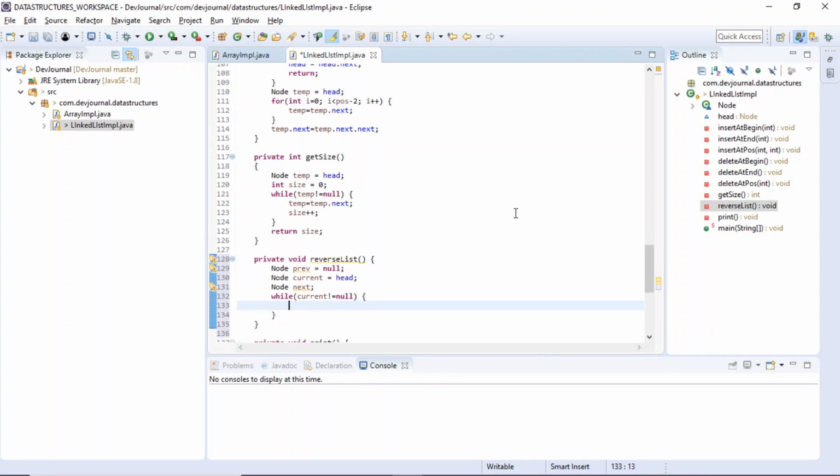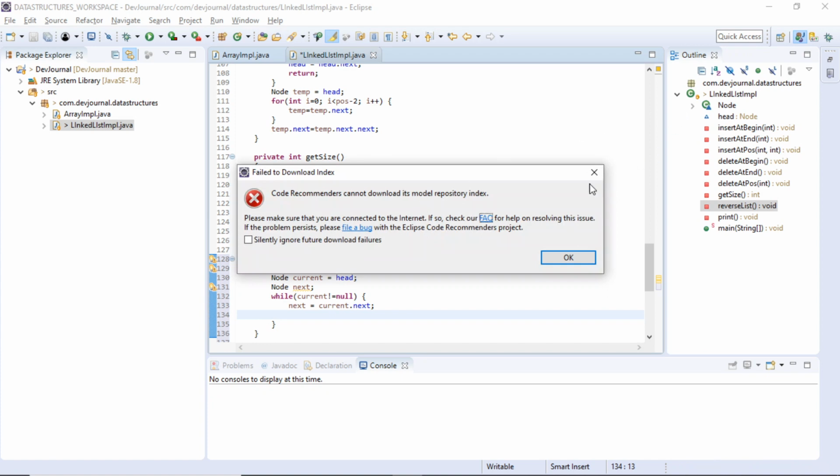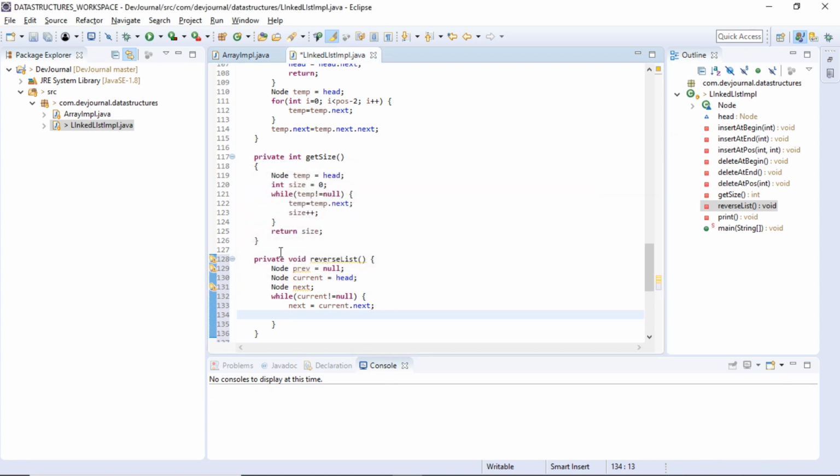While current not equal to null, what we will do, we will assign our next variable as current dot next. Next is equal to current dot next.